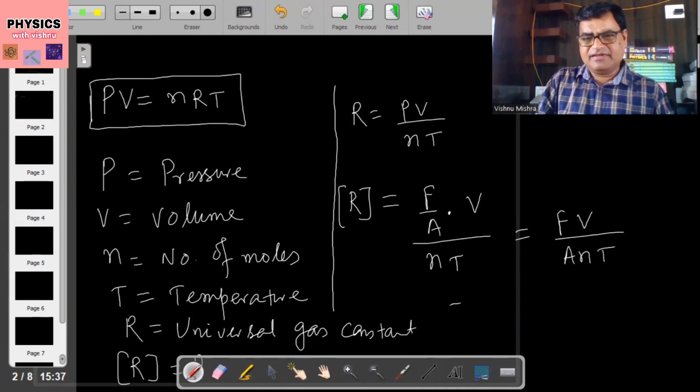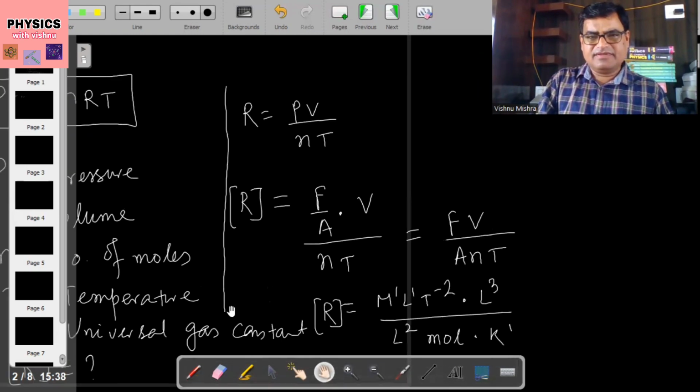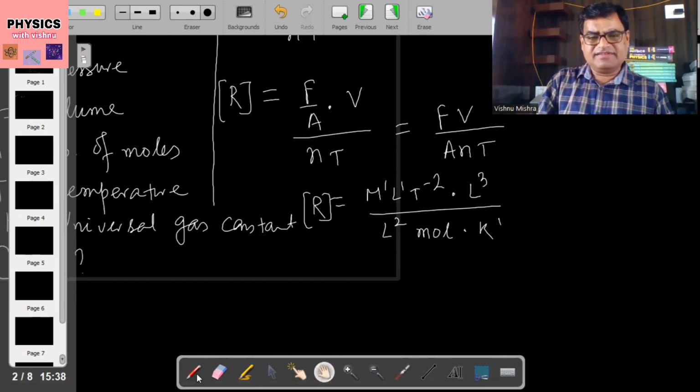Now put the dimension. Force is M1 L1 T minus 2. V is the volume, that is L cube. Now area is L square. N is the number of moles. T is the temperature, that is Kelvin. Clear? T is Kelvin, that is temperature. Understood this? Now, I've written this. PV by NT, F by A, V by NT, FV by ANT. Now put the dimensional formula. What is R here? You see, R is equal to